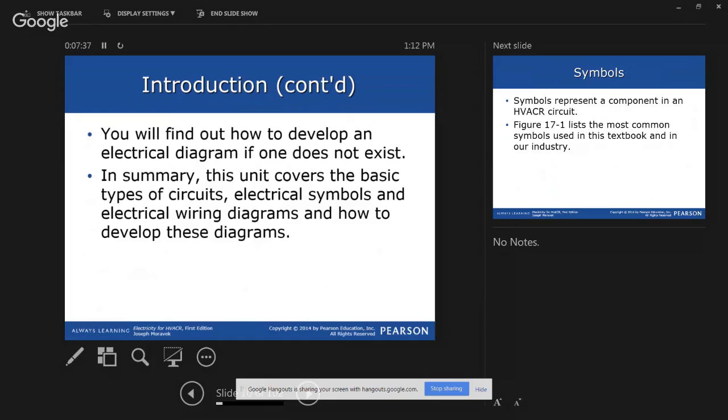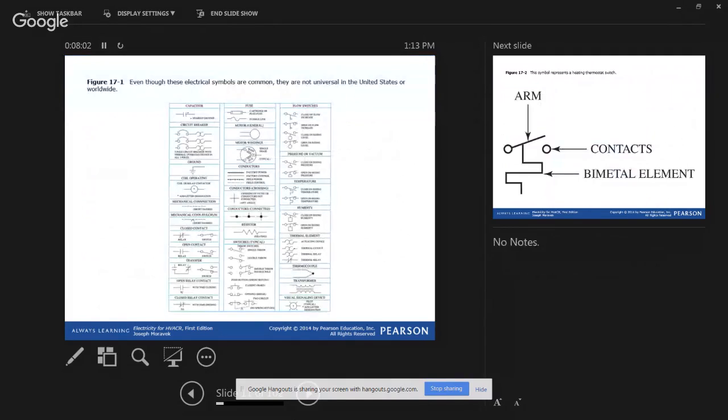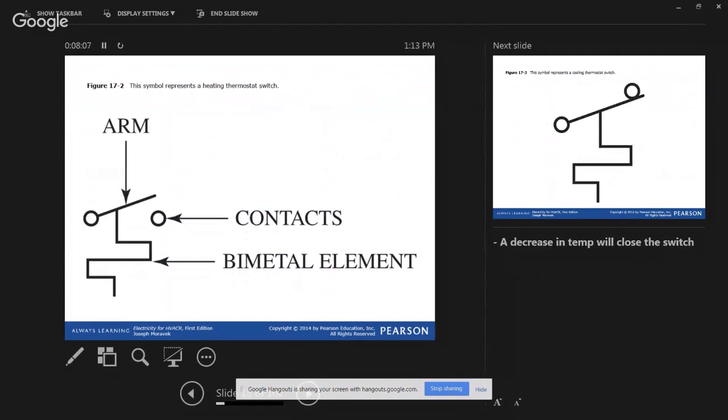So in summary, this unit covers basic types of circuits, electrical symbols, and electrical wiring diagrams, and how to develop these diagrams. Symbols represent a component in an HVAC circuit. The symbol list next is the most common symbols used in this textbook and in your industry. We don't need to spend any more time with that because we're going to do this. So right here,